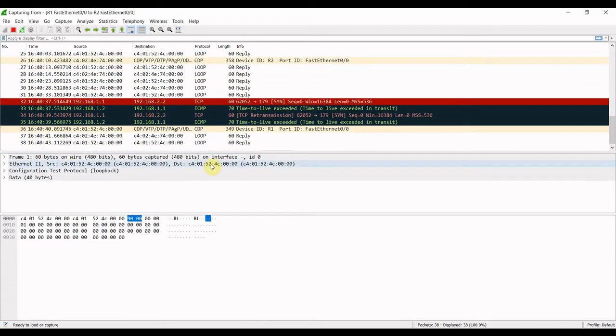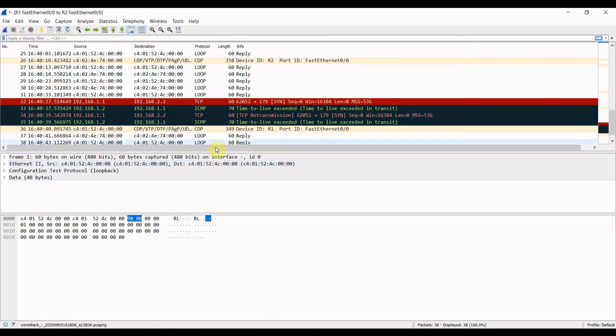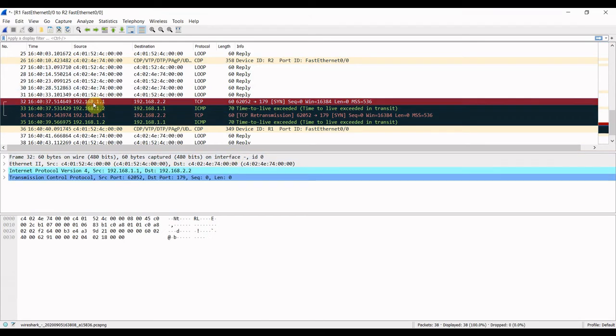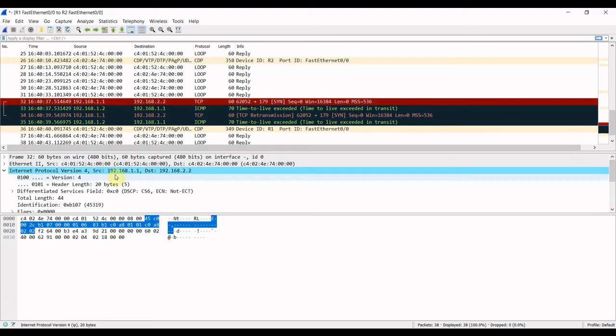Okay, so here it is, the update. Let me tell you what update it is. Let me open this packet. What happened, you see here the source IP is router 1, 192.168.1.1.